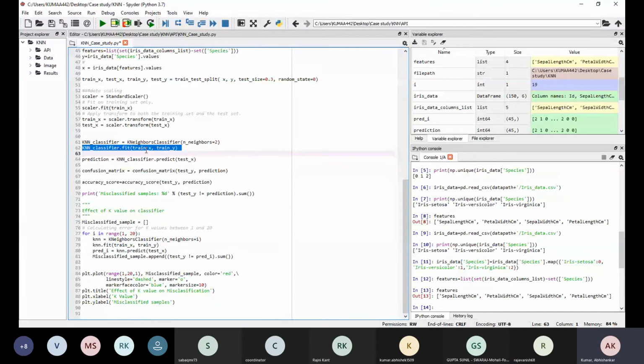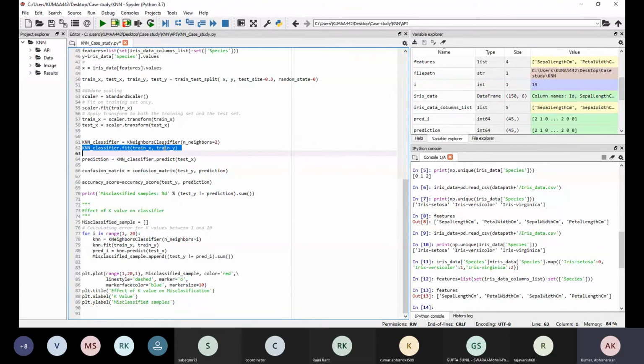When you are building a model, there are only 2 or 3 steps. You have to scale your data, then create a model object and call object dot fit with train x and train y. That's all you have to do.